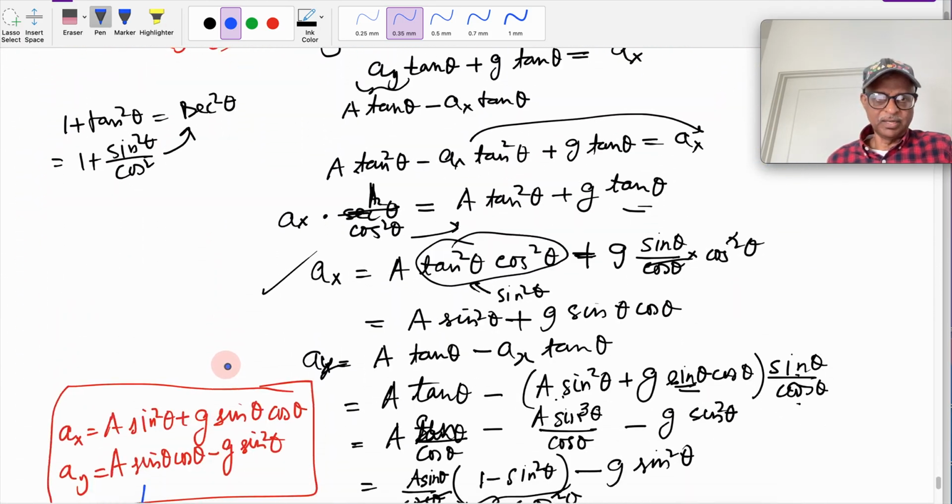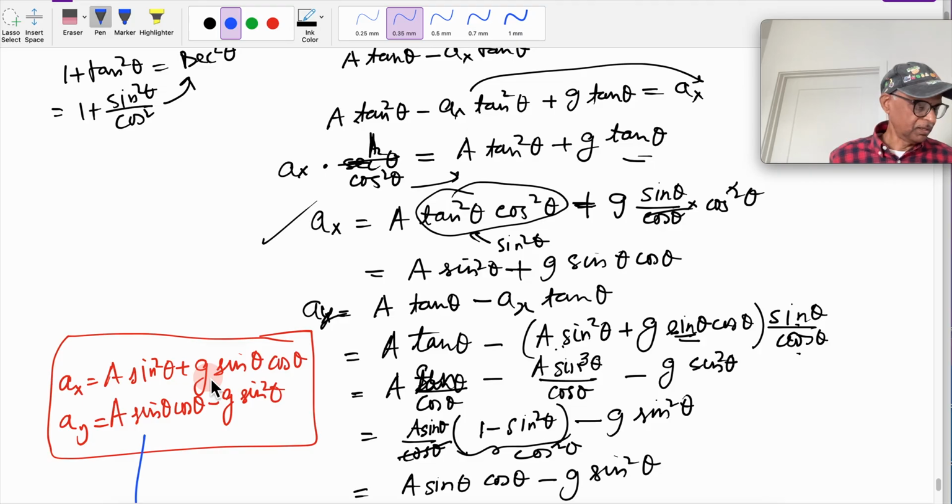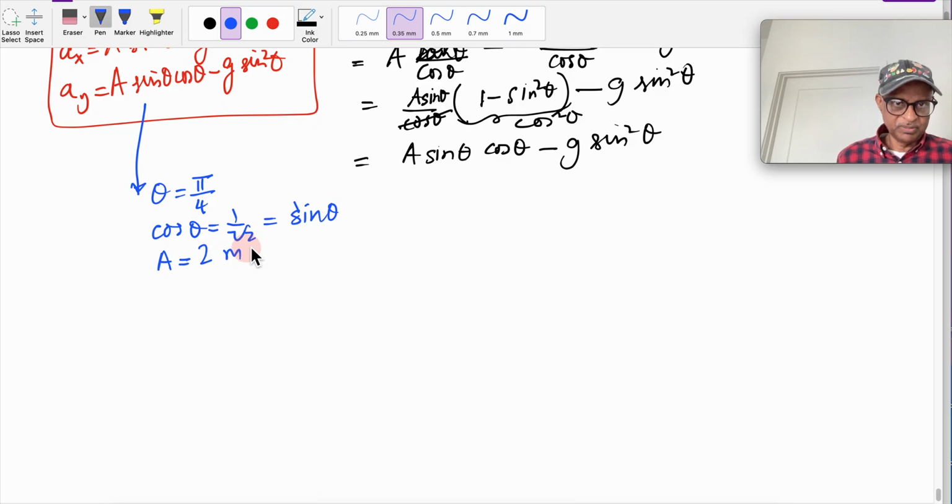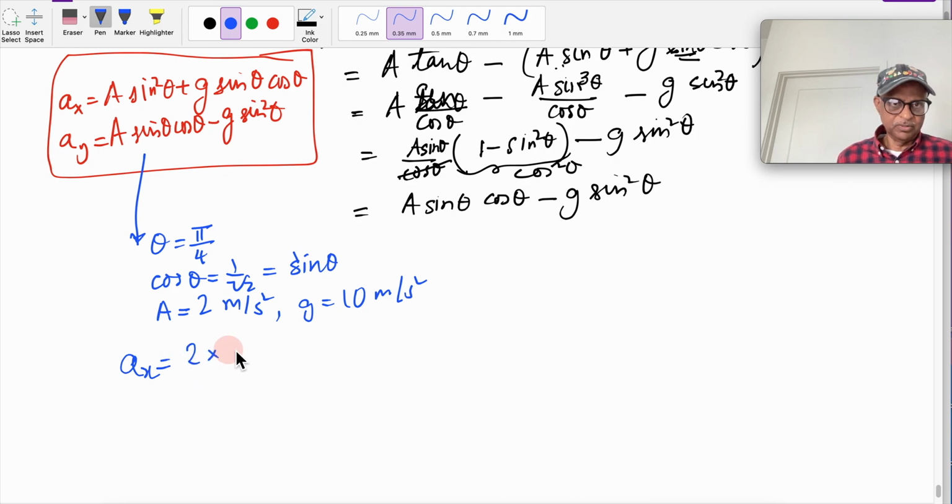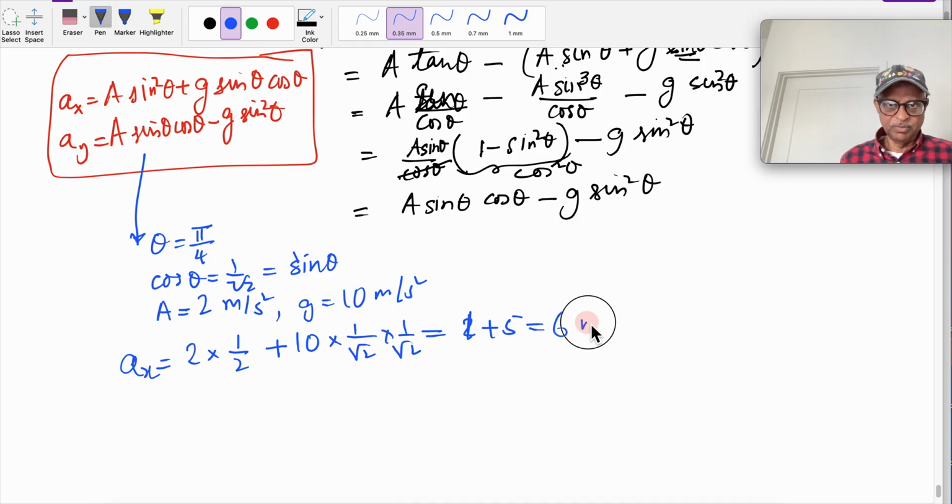Yeah, let's also take a, I think I said let's try 2 meter per second square, and g equals 10 meter per second square. So then ax is going to be 2 times 1 over half plus 10 times 1 over square root 2 times 1 over square root 2. So this is also large. So this is actually 1 plus 5 is 6 meter per second square, and ay is going to be 2 times, actually the